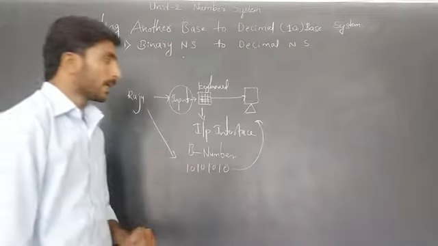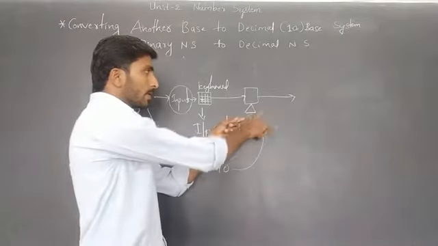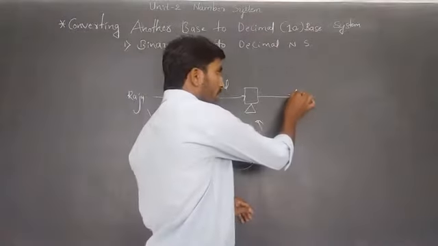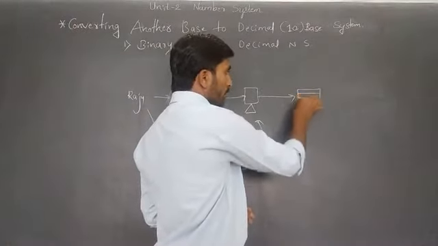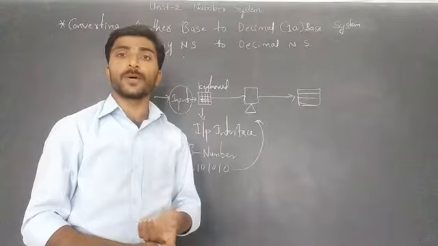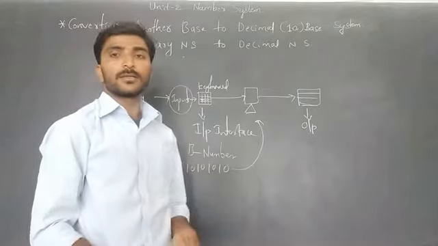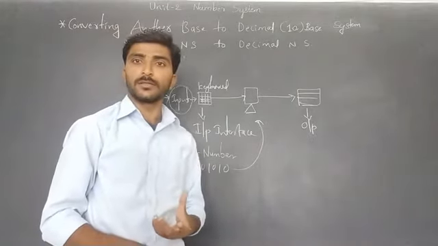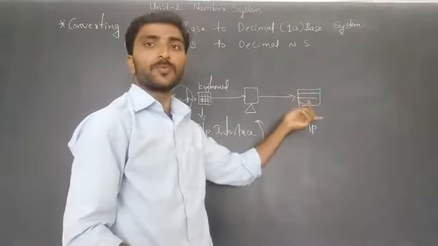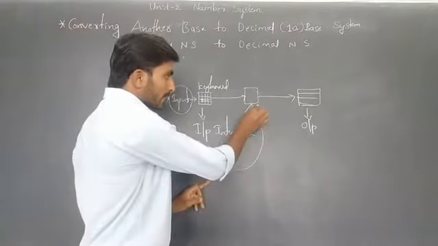Then after that, it will process the data inside the computer, or inside the CPU. After that, it produces the output using output devices. What are the output devices? The monitor, the printer. Using that output device, it displays or provides the output. In that, it is processing the data.